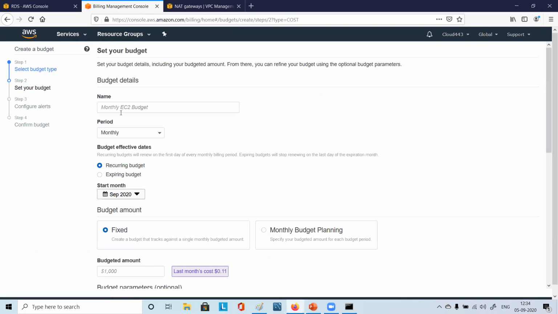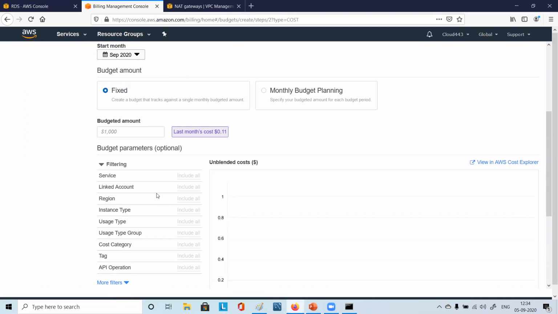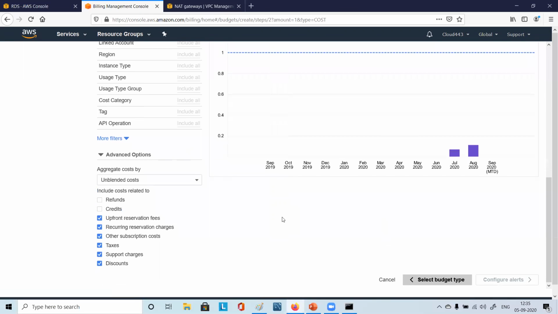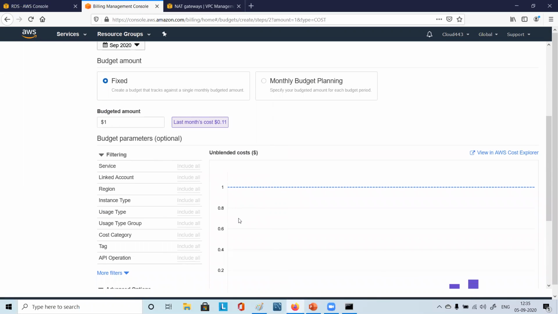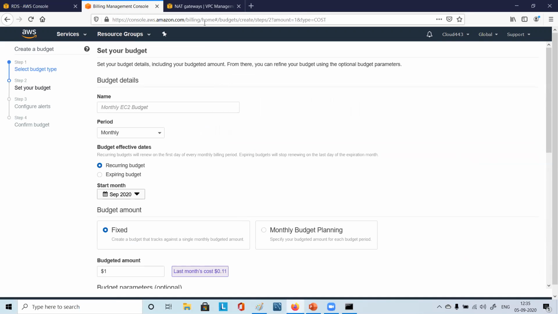Set your budget, select that budget, and then choose a fixed amount. I just want the budget amount to not be more than $1, right? Last month it was this much. You'll get a notification if it goes beyond that, and when it reaches some percentage of that, you will also get a notification. You can mention all those. Just look at my previous video, there you will find it.